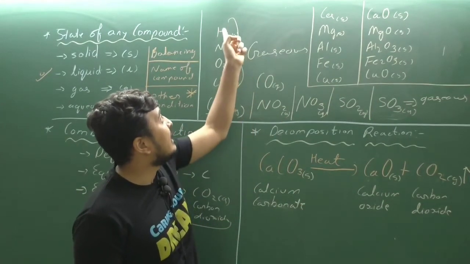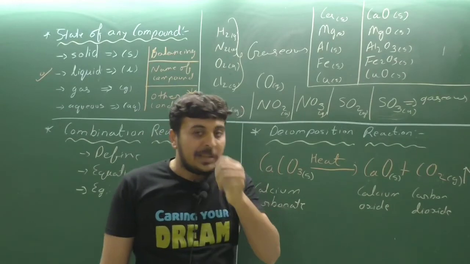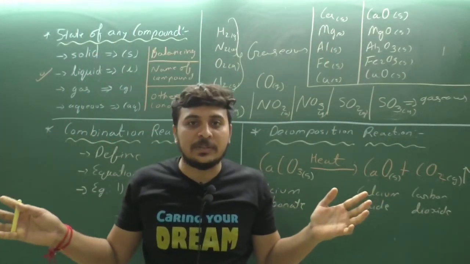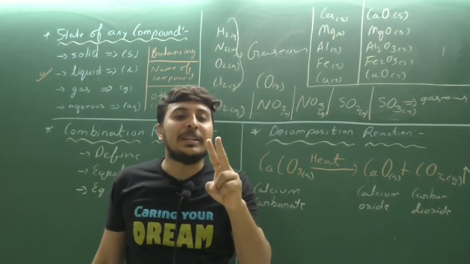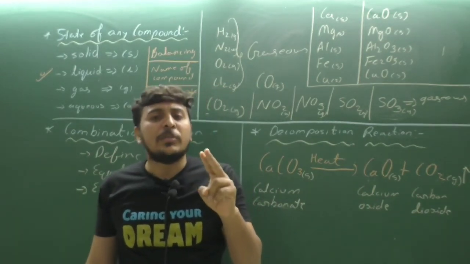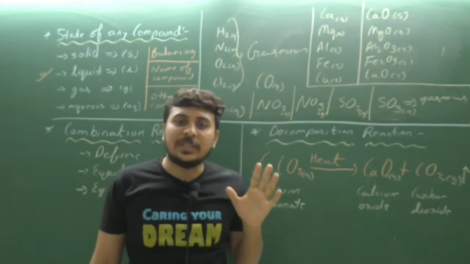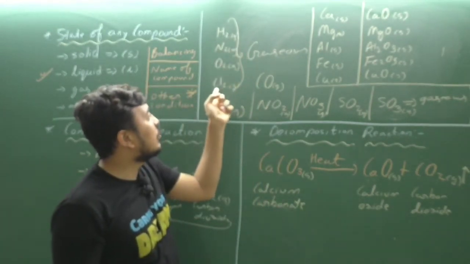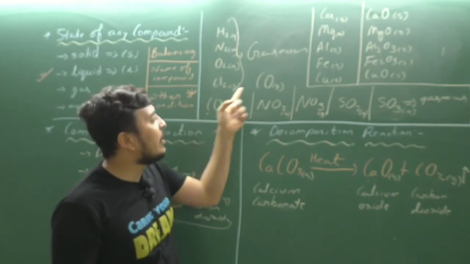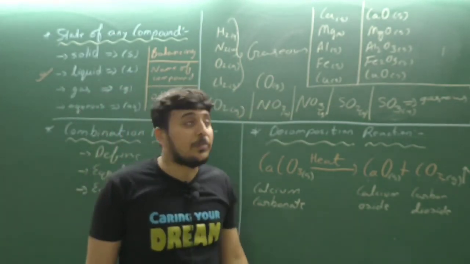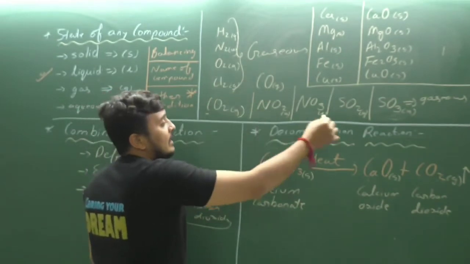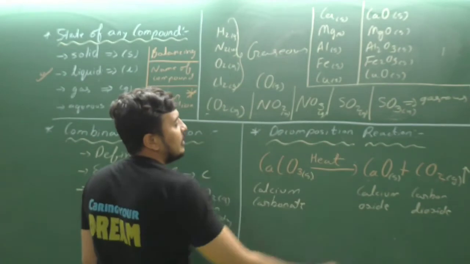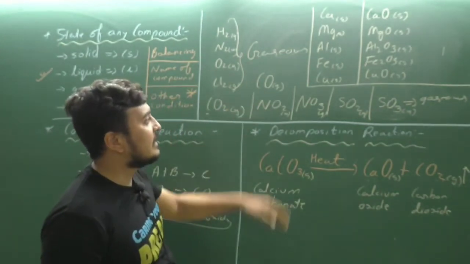Non-metals are generally in the diatomic state. They do not exist as a single atom. We cannot find a single nitrogen atom roaming around in our atmosphere. There are always 2 atoms combined, which means it is a molecule. If there is more than 1 atom, it is known as a molecule. So there are molecules of hydrogen, nitrogen, oxygen, chlorine, carbon dioxide. Either they are single elements or oxides, and they are gaseous in state.